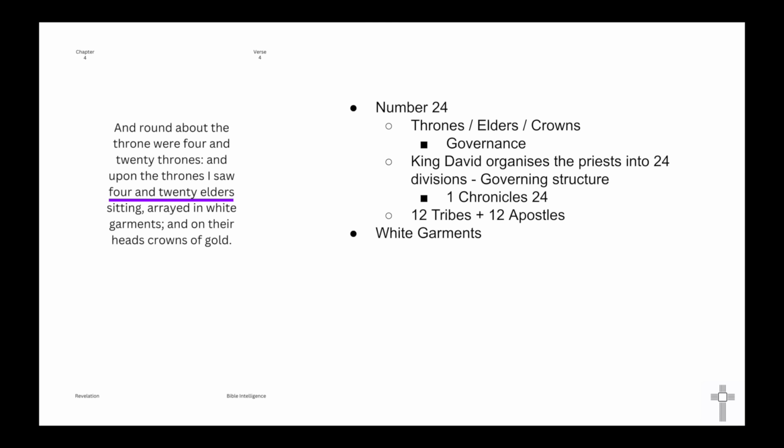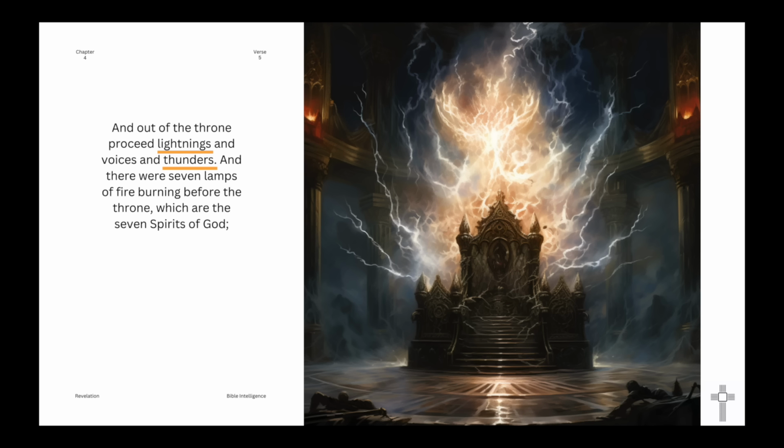Now we also see this idea of the white garments, and this is something that you're going to see throughout Revelations, this concept of being white. But it does make a reference to this Bible verse that says, "Let your garments be always white," and that is coming from Ecclesiastes 9 verse 8. This was a fun image. We're now at verse 5.